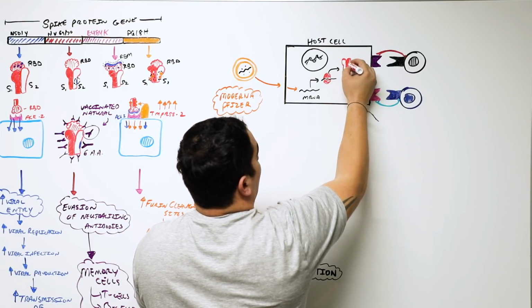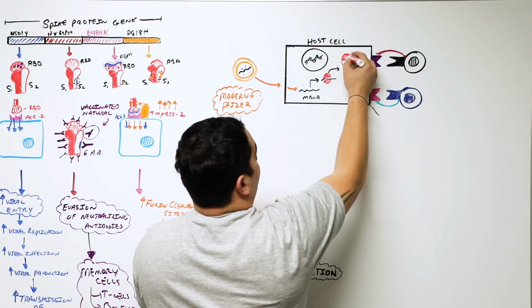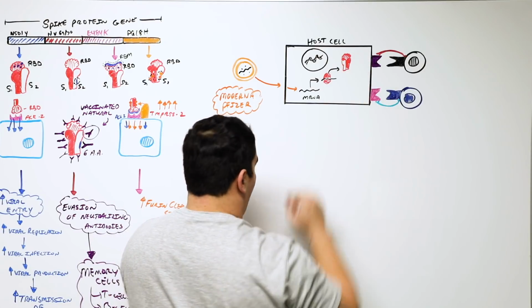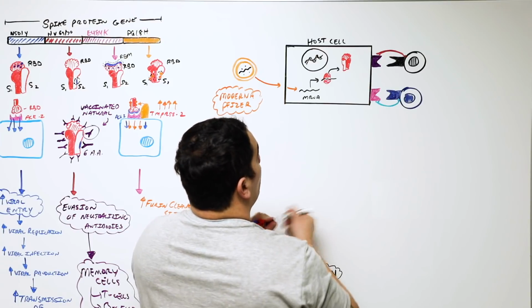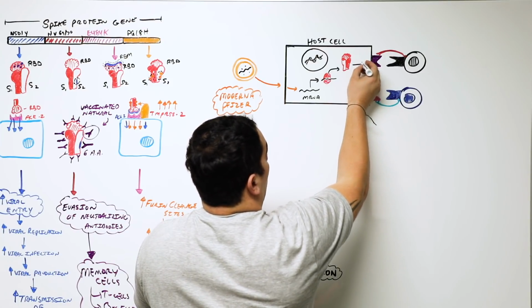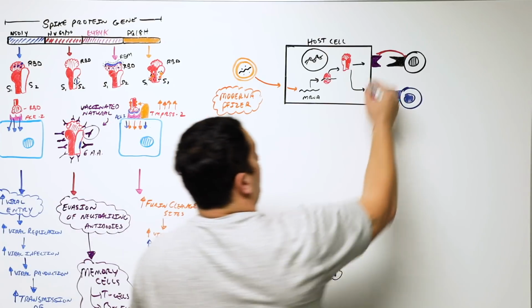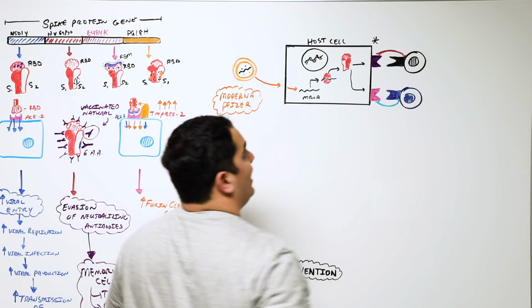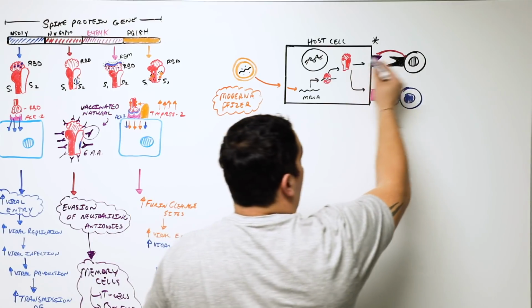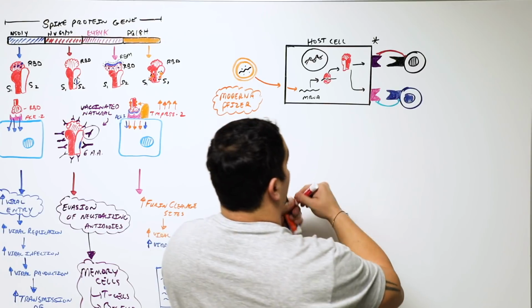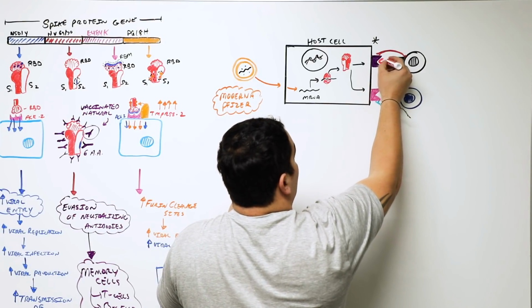Okay, so portions of that S peptide. Now, what happens is pieces of that S protein will then get expressed onto our cells. And primarily the one that we said was the big one here is the MHC2 pathway. So what's going to happen is this S peptide, part of it's going to get expressed on this